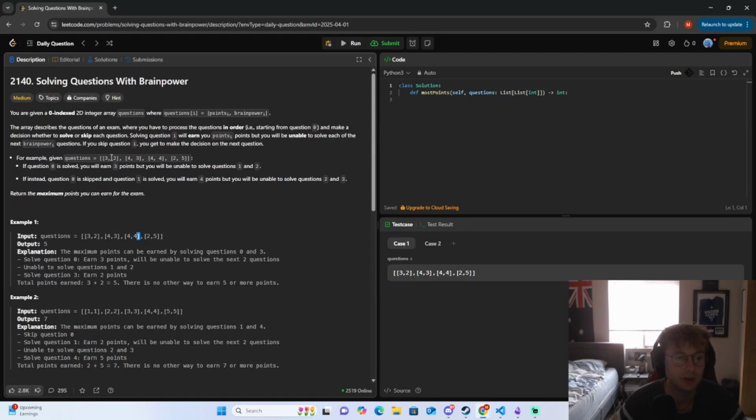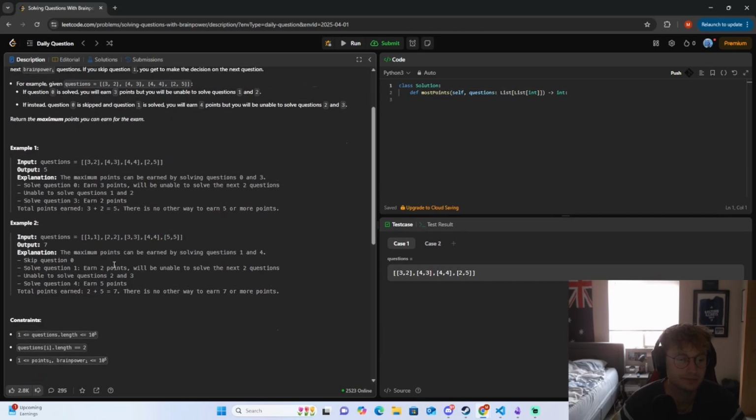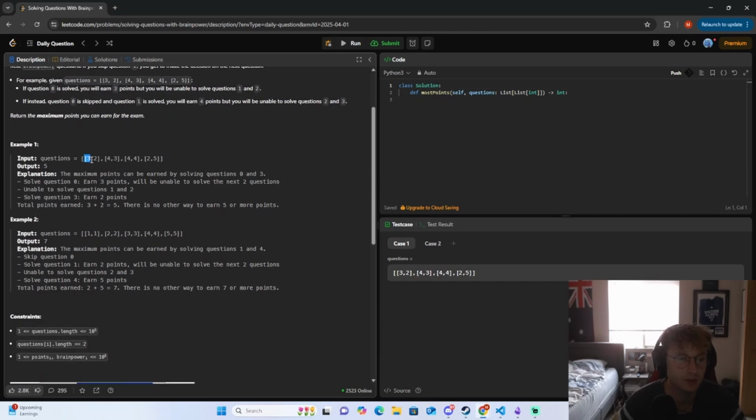So I'm thinking, right? We have our 2D array. We loop through this, right? We start at each different tuple, or whatever you want to call this array, right? We check whether